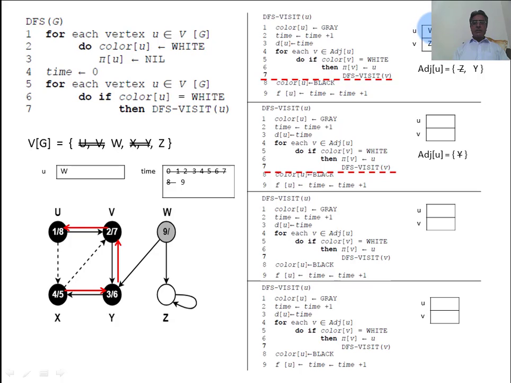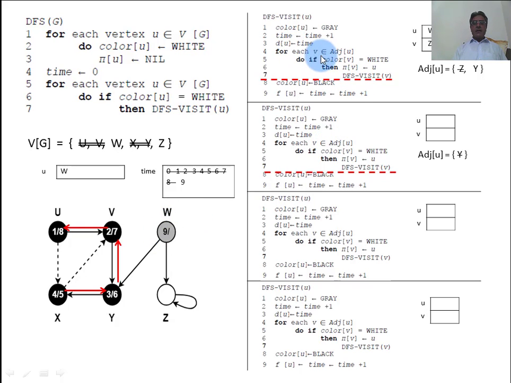So this U contains W, and the color of W becomes gray, and time is incremented from 8 to 9. New value of time is 9, and this 9 is the discovery time of W. So discovery time of W is 9.